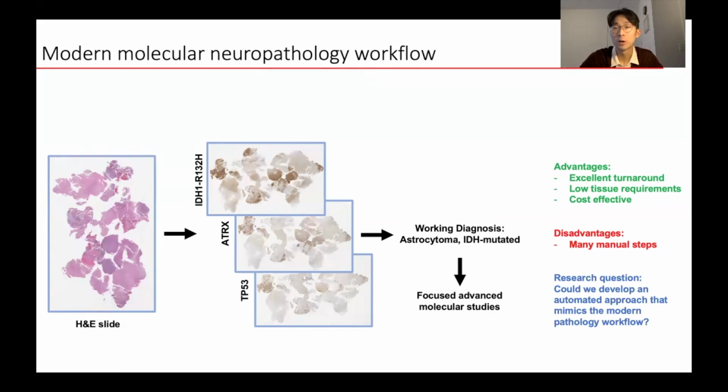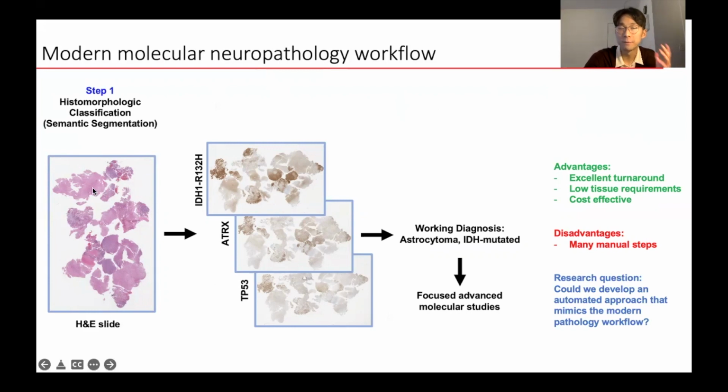So my current master's project focuses on developing tools, different methods, whereby we essentially mimic the modern neuropathology workflow in 4 major steps. So the first step is histomorphologic classification. As I've alluded, this first step involves looking at different shapes and properties of the different brain tumor types. So meningiomas would have different shapes or appearance from gliomas, for example. And to do this, we use something called semantic segmentation, and which I'll describe in the subsequent slides of this